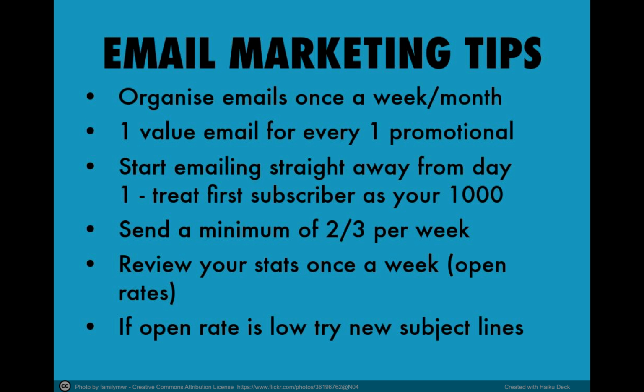So here are a few tips to take home. Organize your emails once a week or once a month. Get a marketing calendar up and going so you know this is going out this day, this is going out this day, and then stick to it. Write a point in your diary that you're writing an email at this time and sending it at this hour. On a Sunday, plan your week out: I'm sending an email Monday, Wednesday, and Friday at 12 midday, or one in the evening. You choose the times. Just be organized with it and stick to it to make sure you get it done.